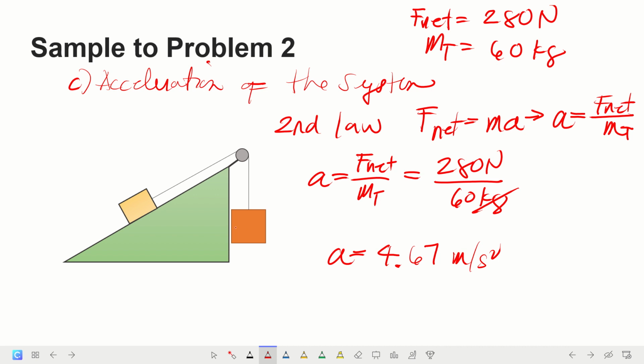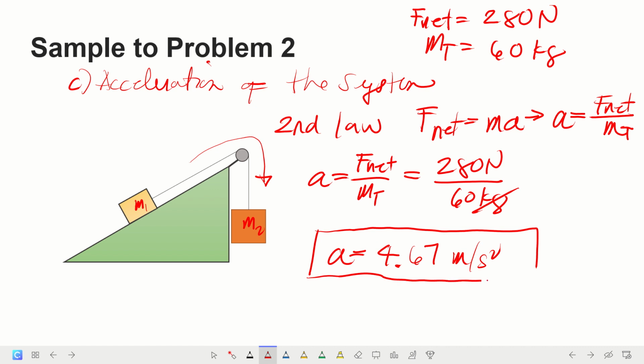So, our body, our system, this is mass 2, this is mass 1. We said that this system is accelerating in this direction. So our system is accelerating at a rate of 4.67 meter per second squared. This is the acceleration of our system. Now that we have the value for our acceleration, we can use this to solve for the